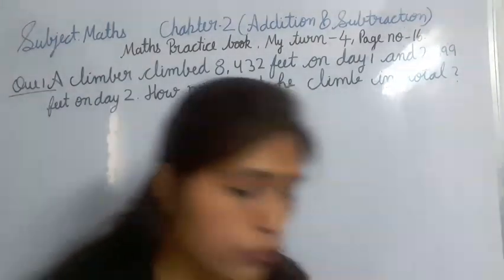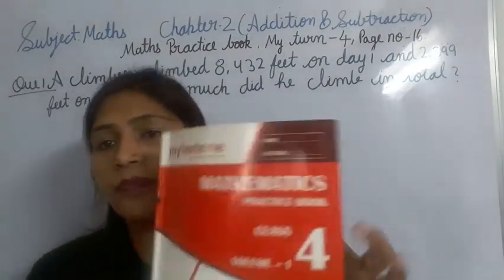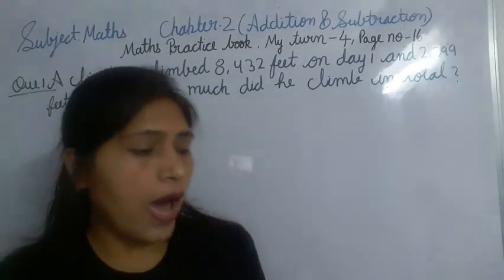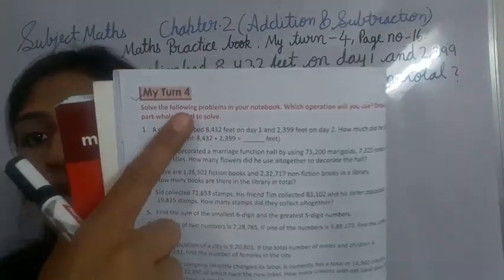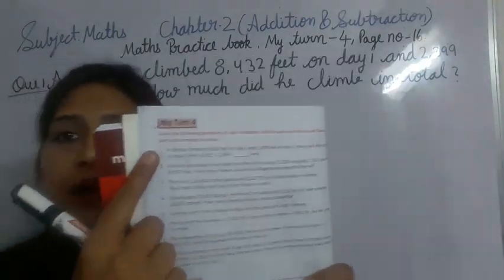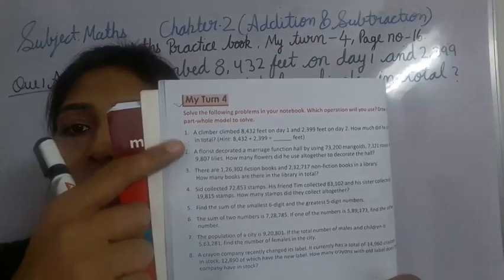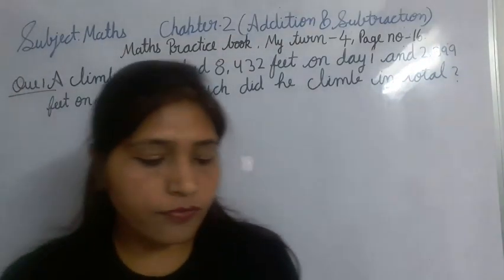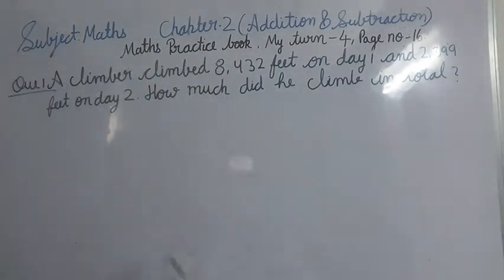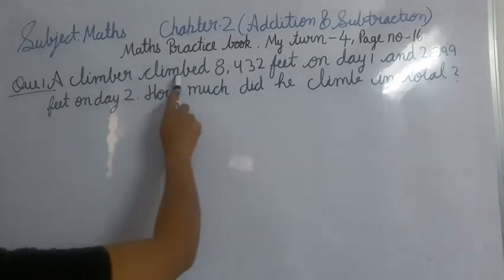This one I am doing from your practice book. This is your practice book and the page number 16, and my turn 4 I am doing. The problem number 1 I am doing from here, and the 2 problem I will explain from my turn 5. Okay, so let's start. So our first problem is a climber climbed